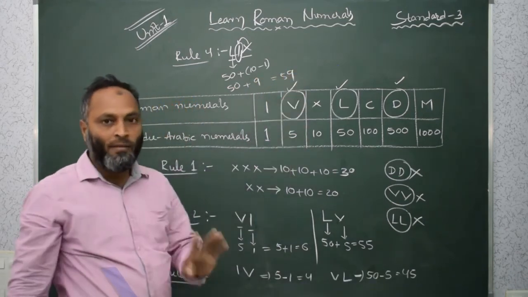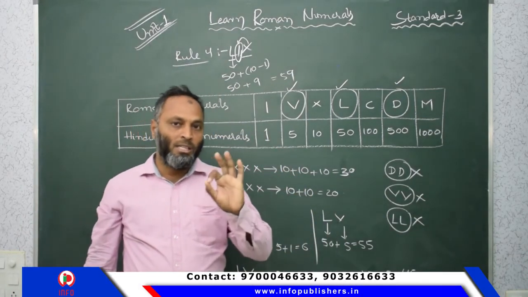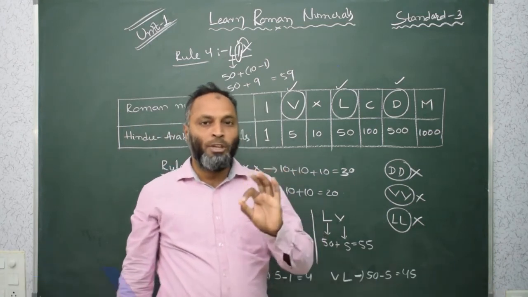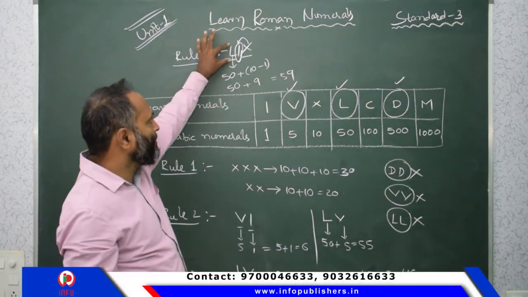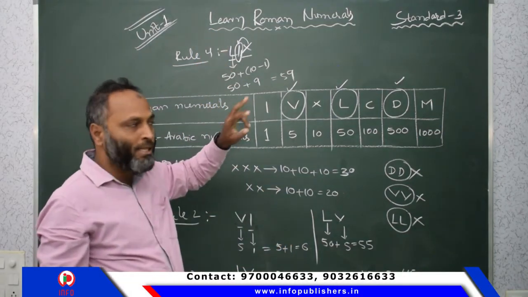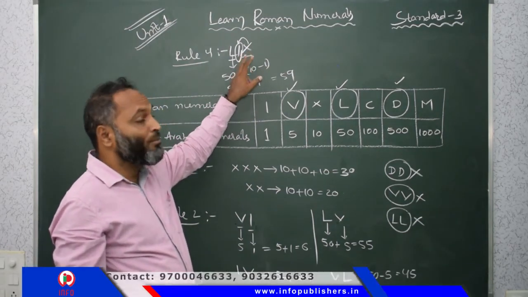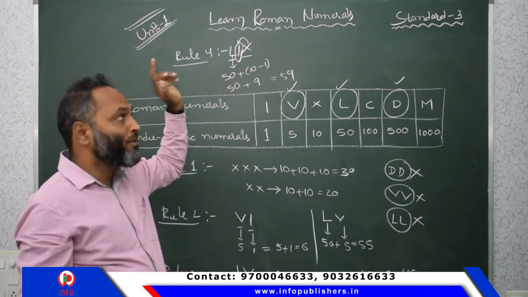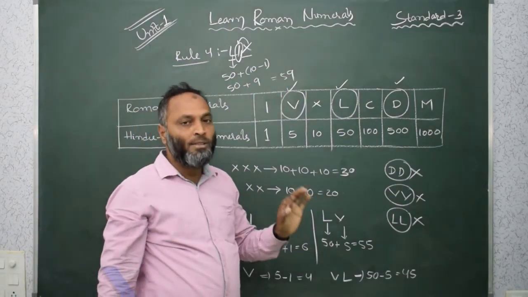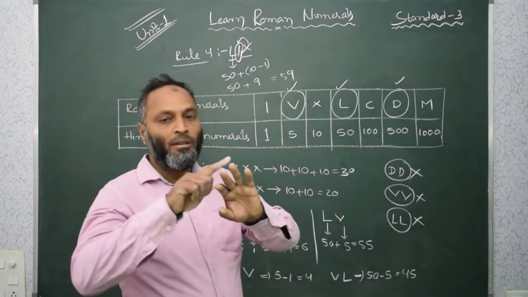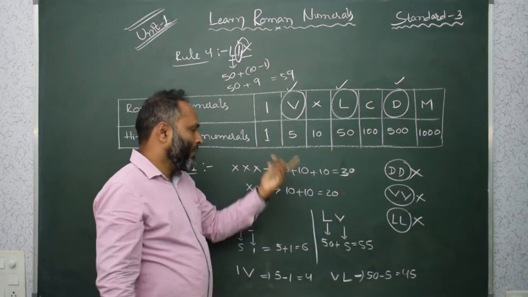This is the answer. Once again, listen, what is the fourth rule? In the fourth rule, if any small Roman numeral comes in between the two bigger Roman numerals, then how to write? First of all, we take the first bigger Roman numeral as it is, and then plus, and the other bigger Roman numeral we have to write. The small Roman numeral is on the left side of that Roman numeral, so we make minus. Then 50 plus 9, we get 59. This is rule 4. First rule, second rule, third rule, fourth rule. Total 4 rules we have to follow while writing numbers in Roman.